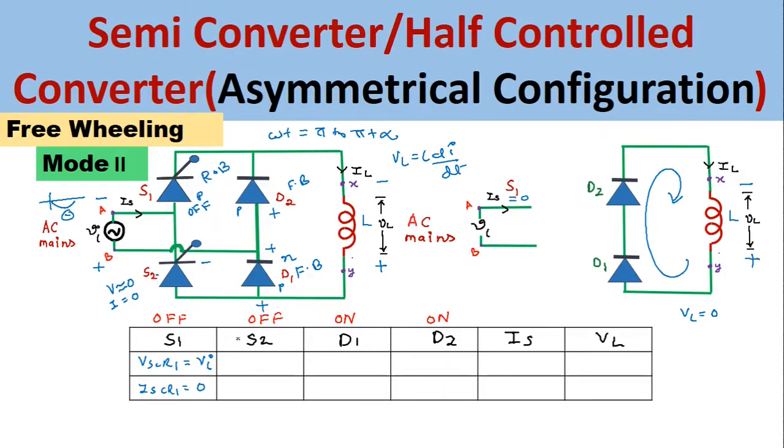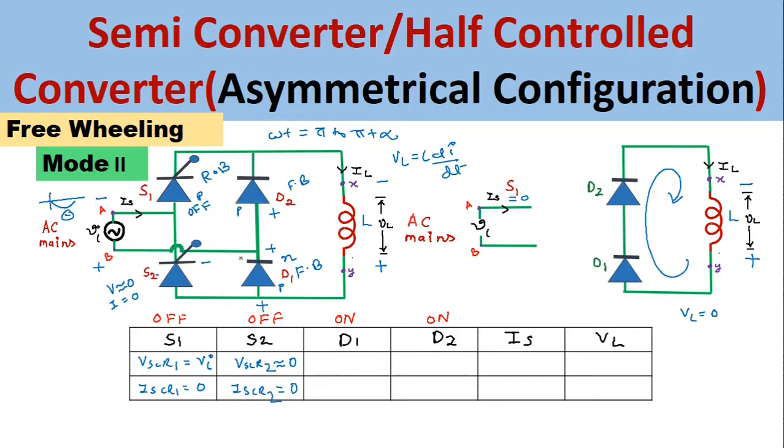Now we will come to the SCR2. SCR2 is forward biased, therefore the VSCR2, that means the voltage across this thyristor, will be taken as very small, approximately equal to 0. And because it is not in conducting mode, as we have not triggered this thyristor, the ISCR2, the current flowing through it, will be taken as 0 only.